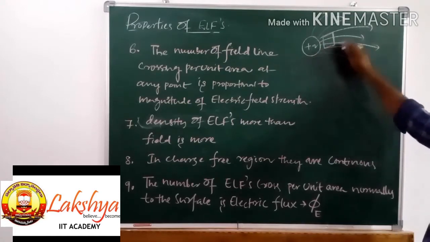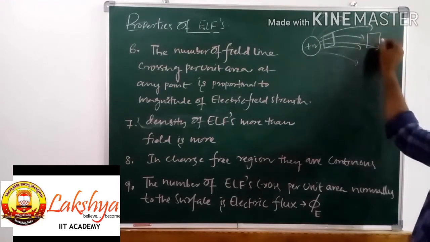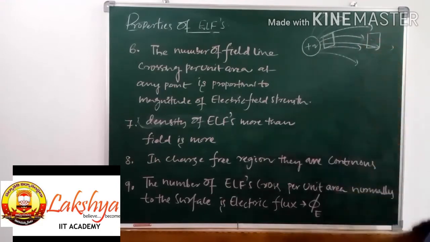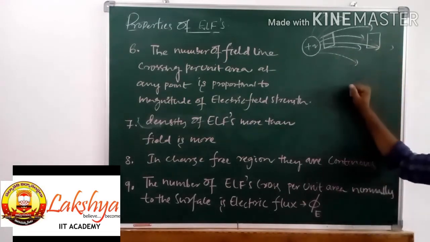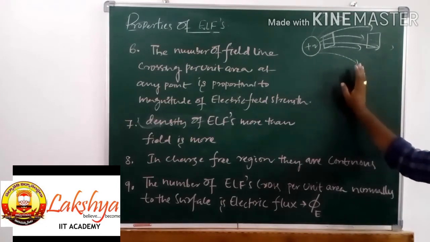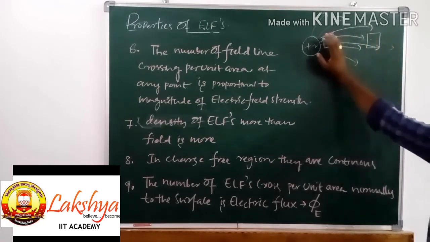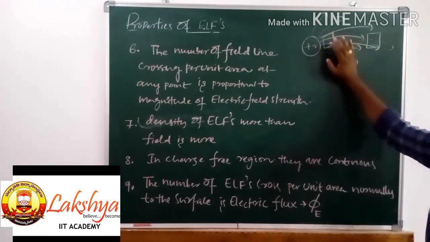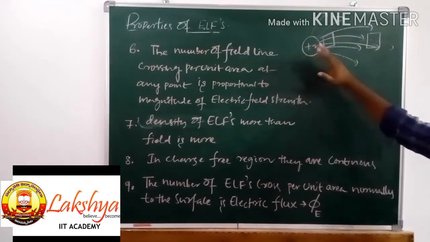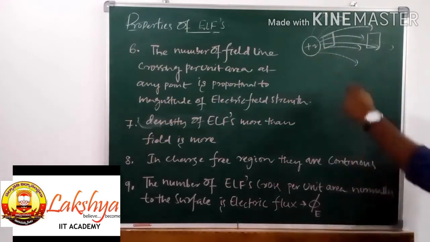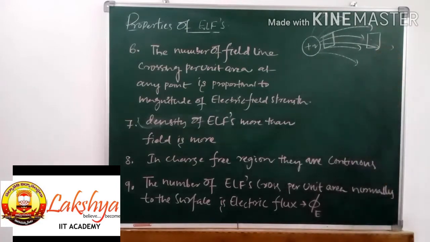As you move away from this charge, for the same area you cannot expect as many lines to pass through. So here the electric field strength will be less, and from this you can understand that while moving away from the charge, the electric field strength decreases. While nearer to the charged particle, the field strength will be more. Why? Because more number of lines pass through unit area, so it has more electric field strength here, and here it has less electric field strength.